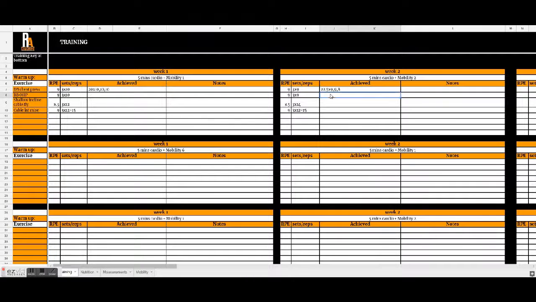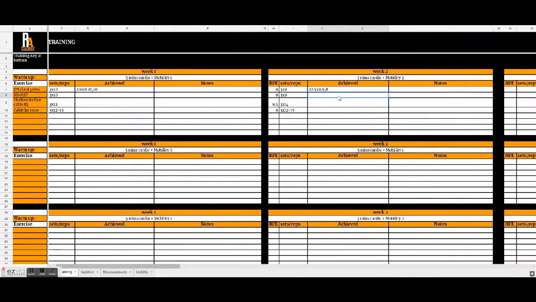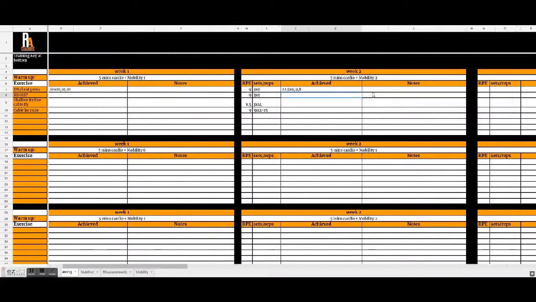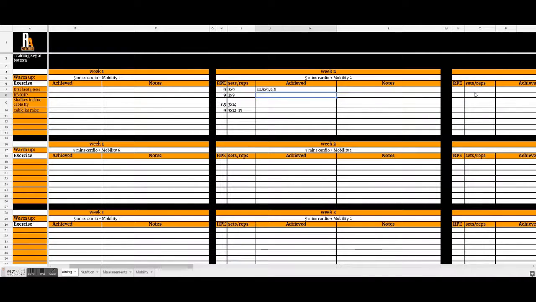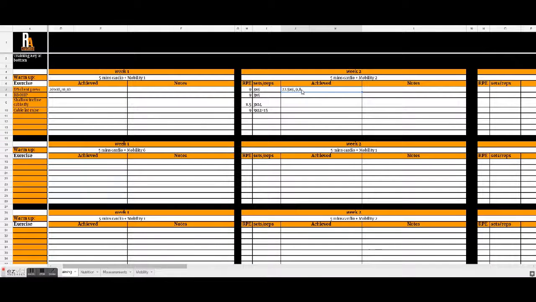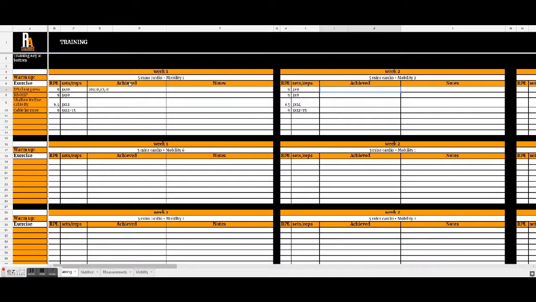That doesn't mean you failed, and that doesn't mean you should give up from there. It just means that you're not quite there to get all of them yet. So the following week, I haven't put them in yet, but the following week you would stick with 22.5s and get those 3 sets of 8. And maybe in the last set, push out 1 or 2 more reps. Just your total volume is a bit more. I'm more than happy for you to do that, but obviously I can go through that with you if you're worried about it